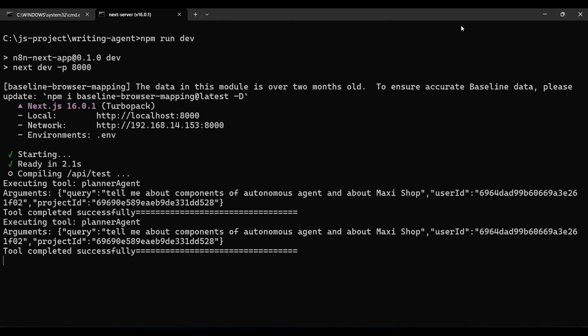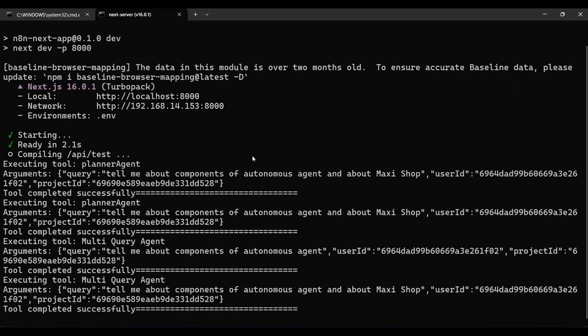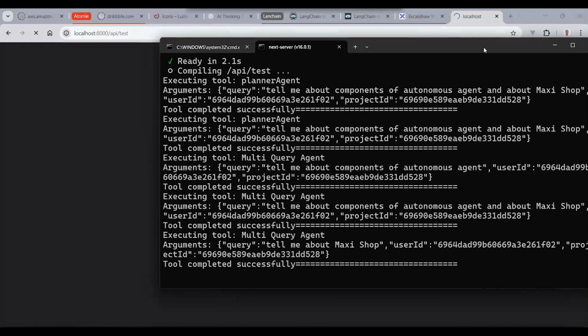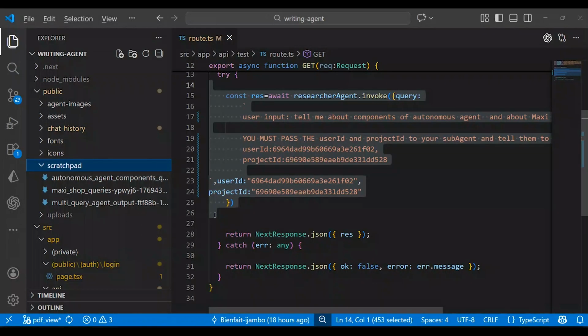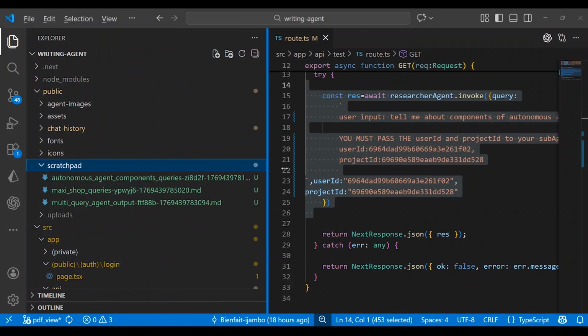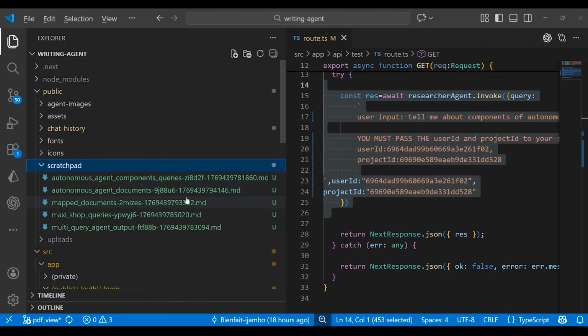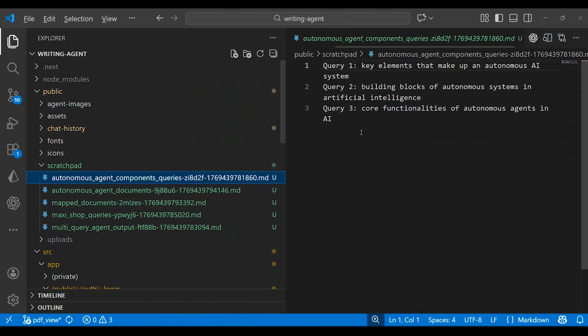Yeah, you can see, guys, that the agents start working. You can see planner agents. You can see the agent is working, guys. And you can see inside the scratchpad folder, we have some files here. You can see this file has been created by